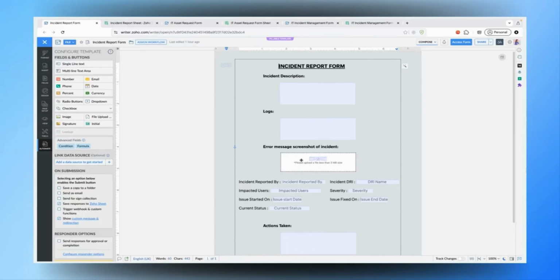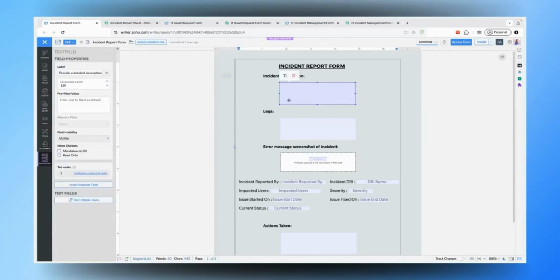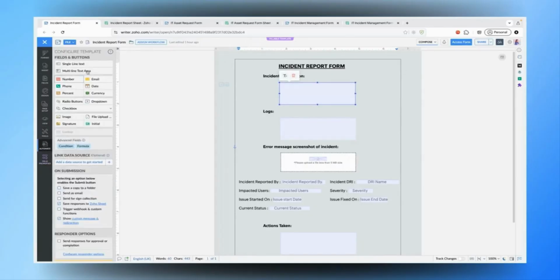So to give you a look and feel, this is a document that we have created, just given some basic background colors and given a frame. There is a border for the specific document. Starting with a title, and then for the incident description, we insert a multi-line text field. When you go to the automate tab, you have the multi-line text area field. If I click on this, you can see that